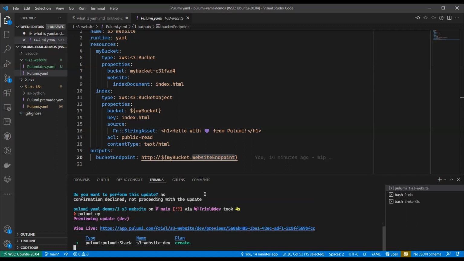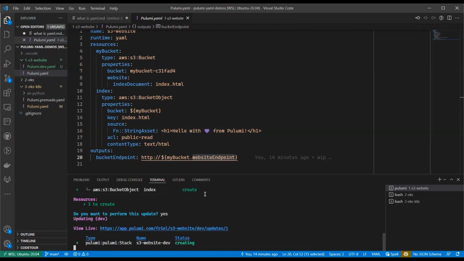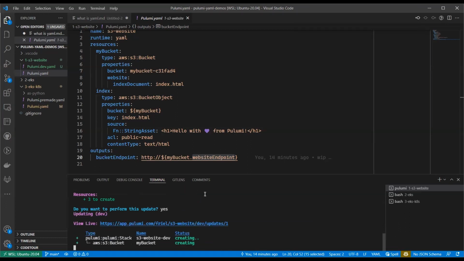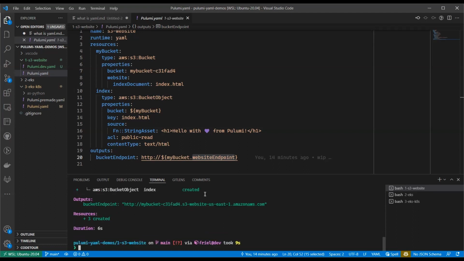Let's select yes on pulumi up. And you'll see that this creates an S3 bucket, puts that object there, and makes that accessible via the S3 URL. And I'm just going to give that about 5 seconds here to ensure that I don't hit a negative DNS cache when I try to curl that.